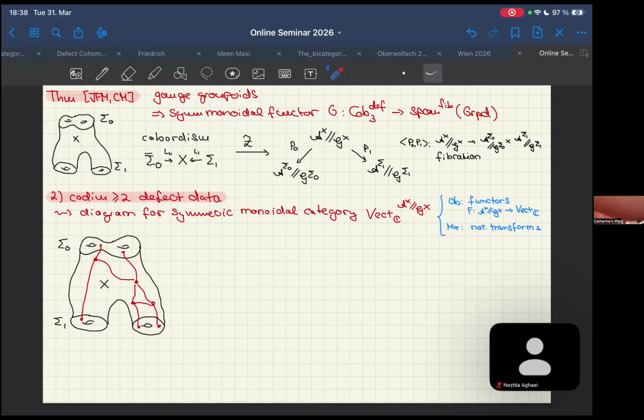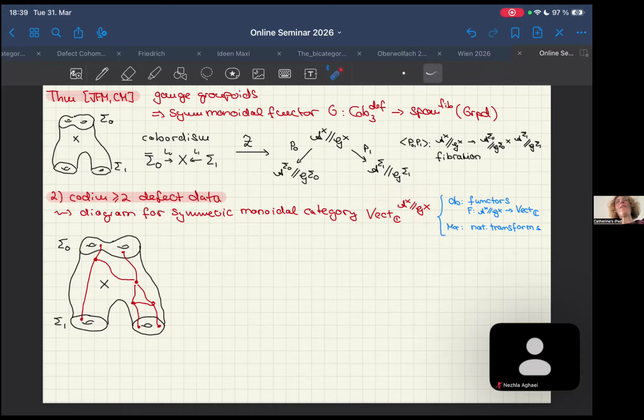And what we could show then is that the data on these codimension 2 and 3 strata defines a graph. And the labels on this data, so the representations here and here and here and the intertwiners here, they define a diagram for a symmetric monoidal category, namely the functor category from the gauge groupoid into the category